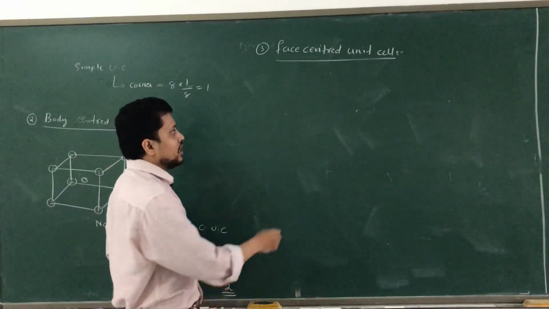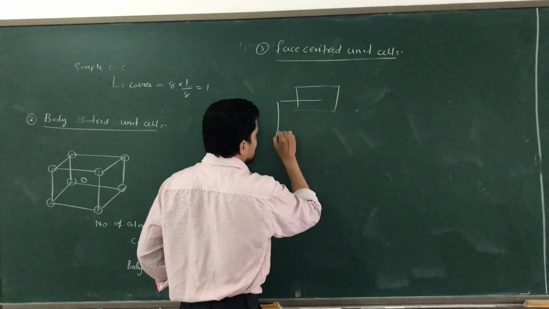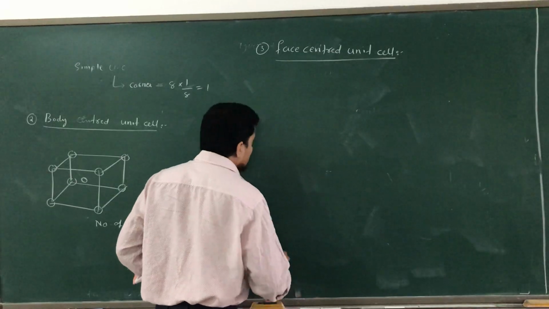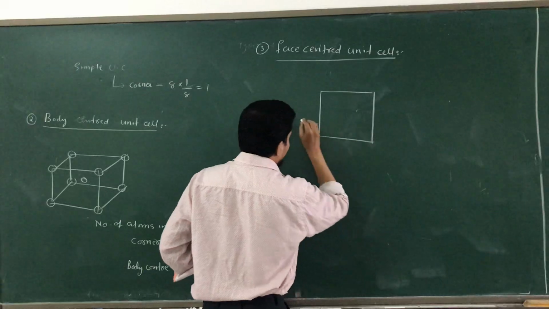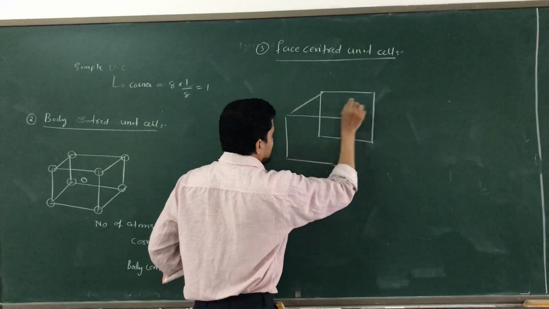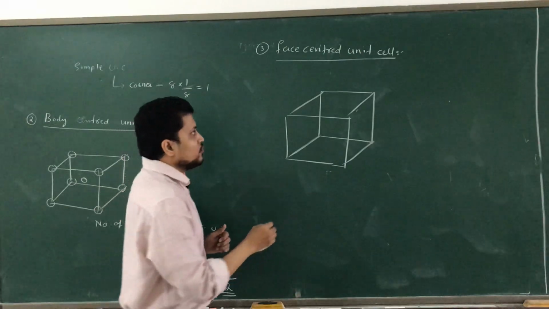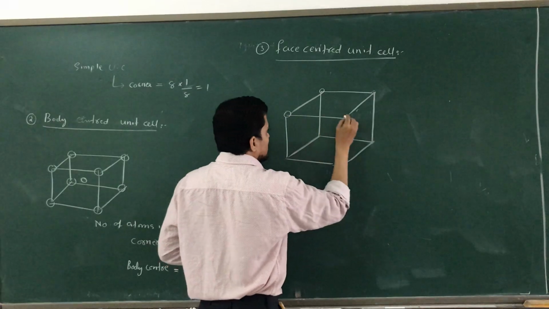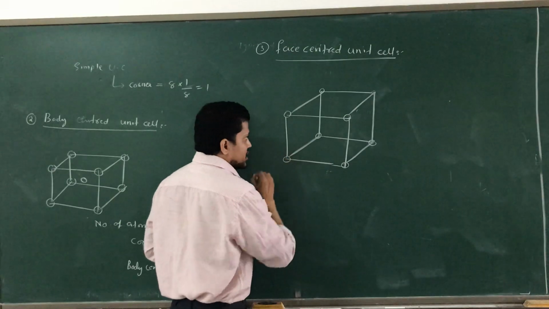So we are taking again the same example of one unit cell. Better I just drop to the unit cell so that you understand perfectly. Suppose this is one unit cell we have. So in the face center, first of all the corners are having atoms. All the corners are having atoms. So how many corners we have? 8 corners. So 8 corners are having 8 atoms.